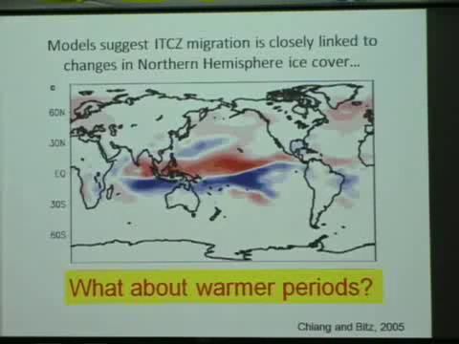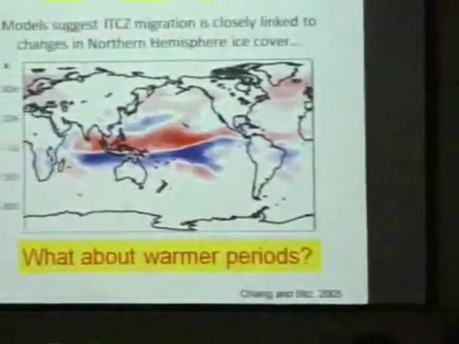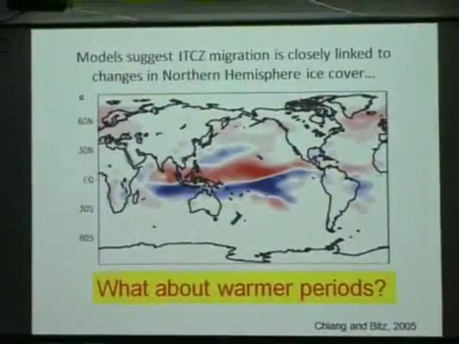Okay, so one question is, we've seen a lot of these abrupt climate events that occur during glacial periods, but there's less known about the capacity for the climate to shift abruptly during warm periods. The Holocene, the last 10,000 years of this interglacial, has been relatively calm compared to the glacial, but there's still maybe some evidence for some fairly rapid changes in rainfall during interglacial